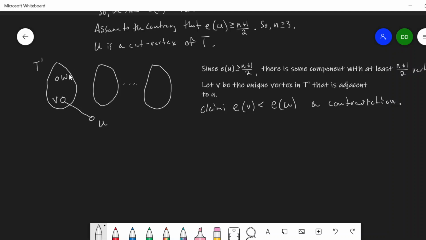Then any path from W to U has to go through V. And so for any W here, the distance from W to V is strictly less than the distance from W to U. And so we can say that the distance from W to V is strictly less than the eccentricity of U. This is going to hold for any vertex W in T prime. And then if I give myself another vertex W over here,